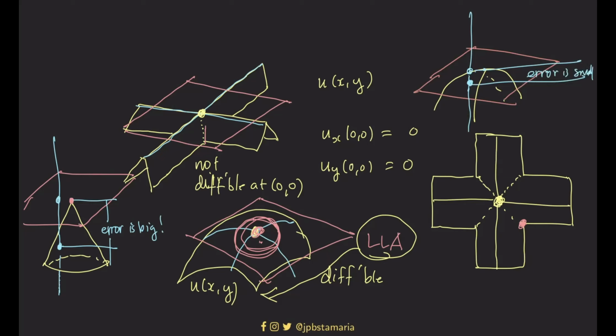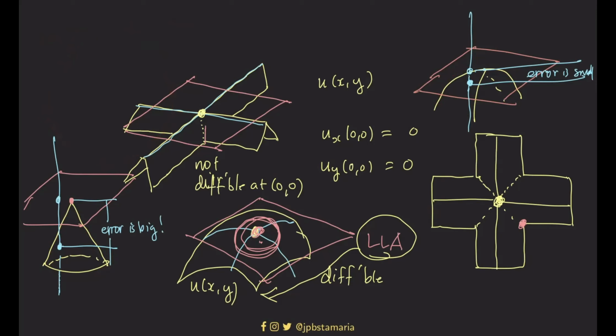Did you understand? And the error keeps getting smaller and smaller as you tend to the center, or the point of tangency. So, naiintindihan niyo ba kung bakit itong tuktok nung cone, at that point, hindi differentiable? Bakit dito sa tuktok ng, let's say, surface ng sphere, bakit differentiable, for example? Kasi nga makinis, ito hindi. Matutusok ka diyan pag inano mo yung kamay mo.